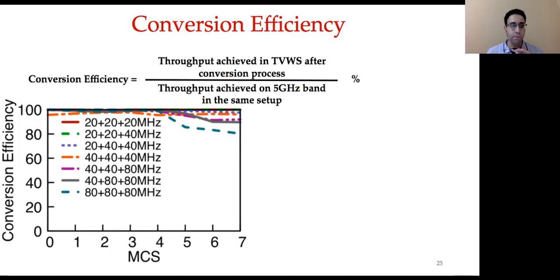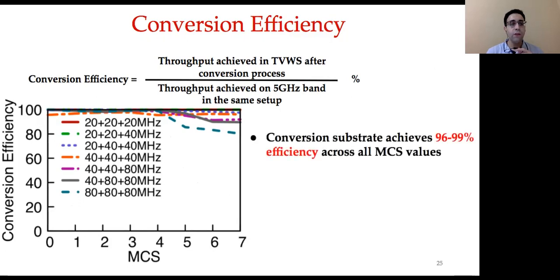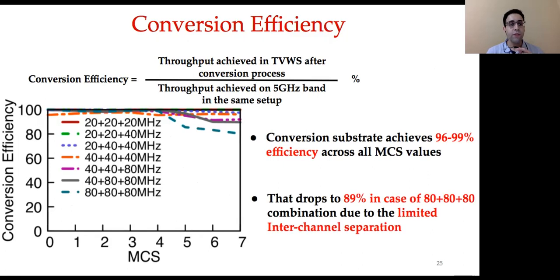with no conversion. And we found that in all different configurations and different MCS values, the conversion substrate achieves efficiency between 96 to 99%. There was only one case where the conversion efficiency slightly dropped to 89%, which is when having a configuration of 3 large contiguous chunks, each with a size of 80 megahertz. The main reason for that drop is the limited interchannel separation between these chunks, and that creates an adjacent channel interference problem. That problem can be alleviated by having a sufficient separation between